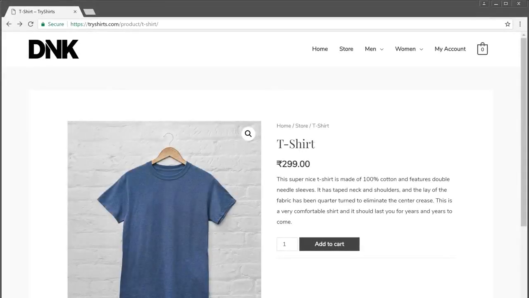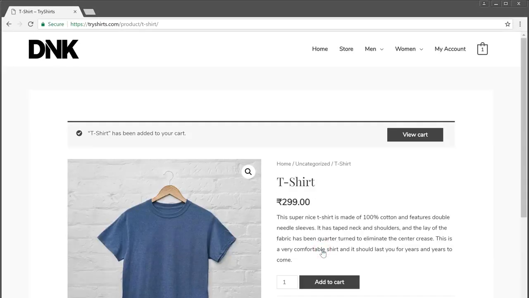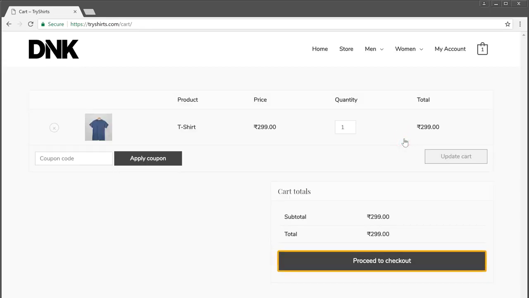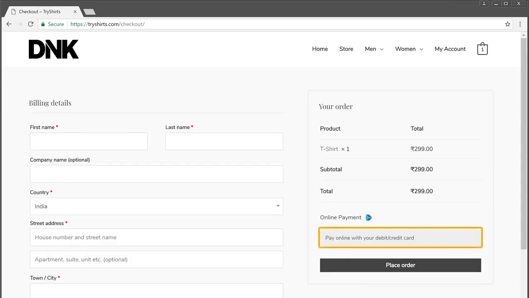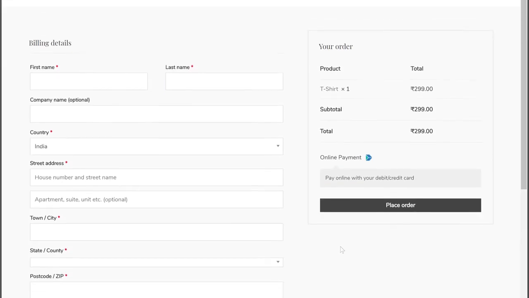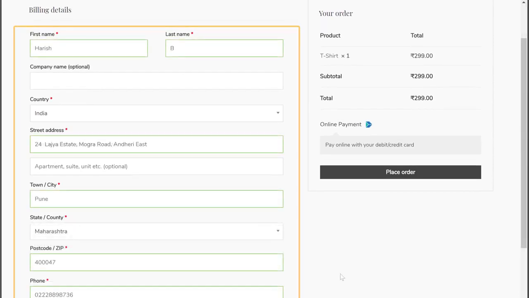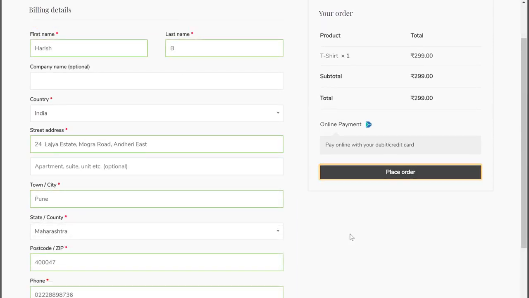So just like a customer would do, we'll go to our store and then add the product to our cart. Now let's click View Cart and click Proceed to Checkout. You can see that instead of the error message, we can now pay online. So just like a customer would do, if we enter our details and click Place Order,